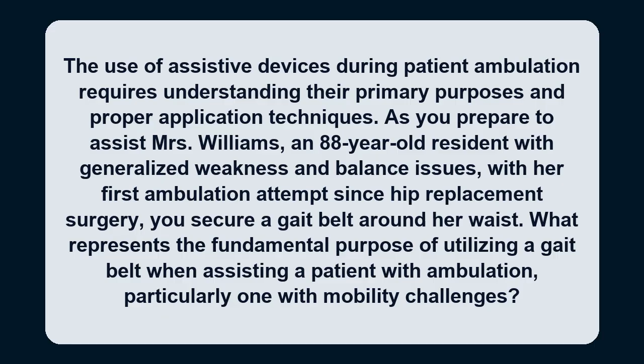Question 1. The use of assistive devices during patient ambulation requires understanding their primary purposes and proper application techniques. As you prepare to assist Mrs. Williams, an 88-year-old resident with generalized weakness and balance issues, with her first ambulation attempt since hip replacement surgery, you secure a gait belt around her waist. What represents the fundamental purpose of utilizing a gait belt when assisting a patient with ambulation, particularly one with mobility